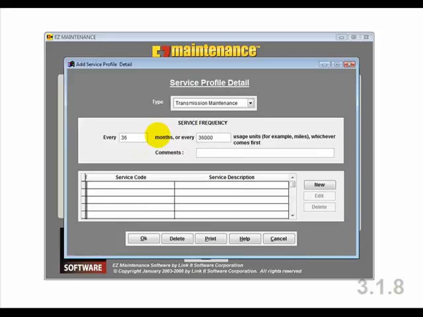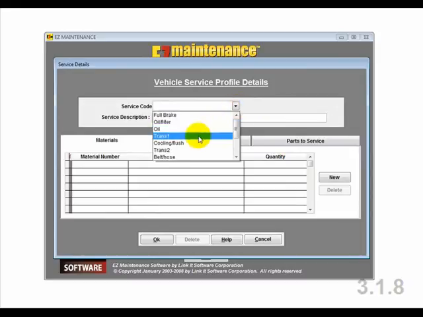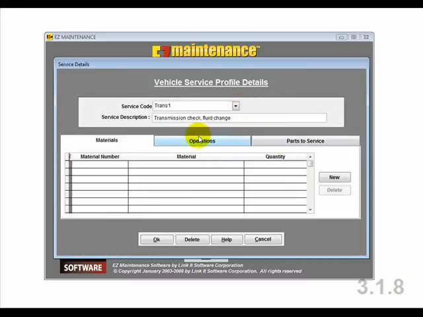Since this service type only includes one service, namely the transmission fluid change, we'll go ahead and add that by clicking on the New button. Then we select the transmission fluid change from the service code drop-down box. We need one material in this case, which is 6.9 quarts of Dexron Type 3 transmission fluid, so we'll add